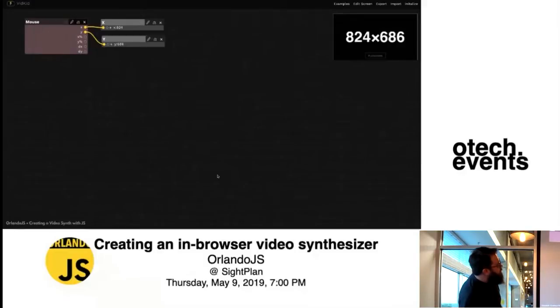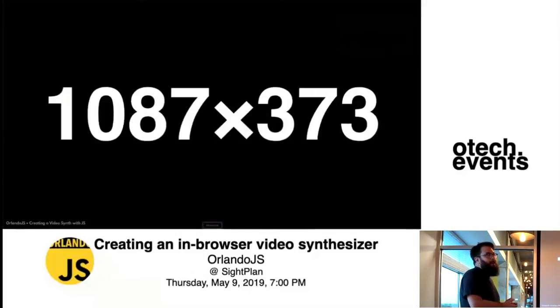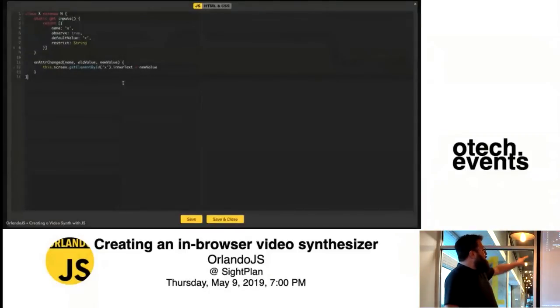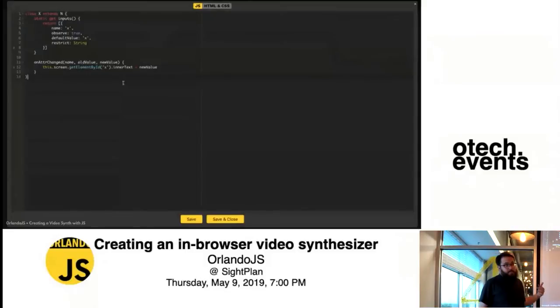As I move the mouse around, it is changing the display up here. I can full screen this display. So this would be what it would look like if I was actually using the visualization and not building it. This is just a simple example because it's just showing you the mouse coordinates right now. But I can then go in, for example, here's this node that is taking the input that it's getting, which is the mouse, and then changing the element inner text to the value of the X property. So hopefully, if I code this live right,